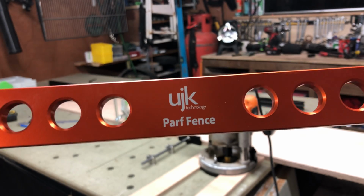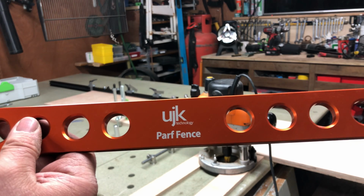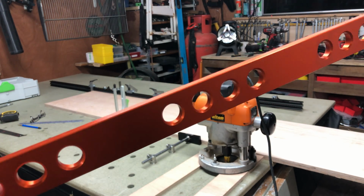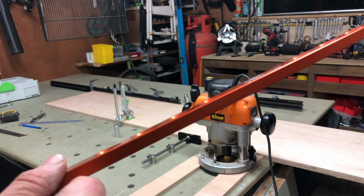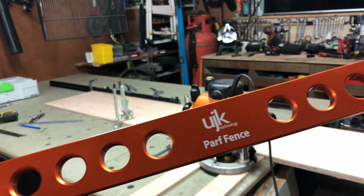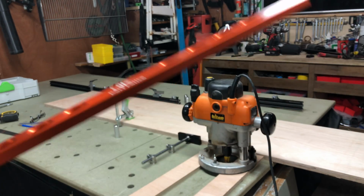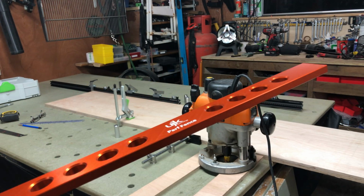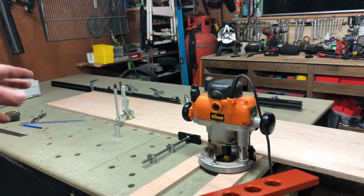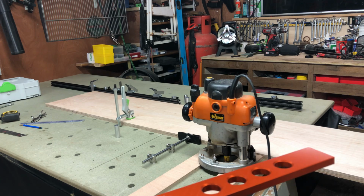Alright, this is a quick video showing the UJK Parf Fence that they've just released. It's 600mm long and I believe it's 10mm wide with the 20mm pre-done holes. Now what I've found is that it works very well for small shelving, but if you're using kitchen shelving it